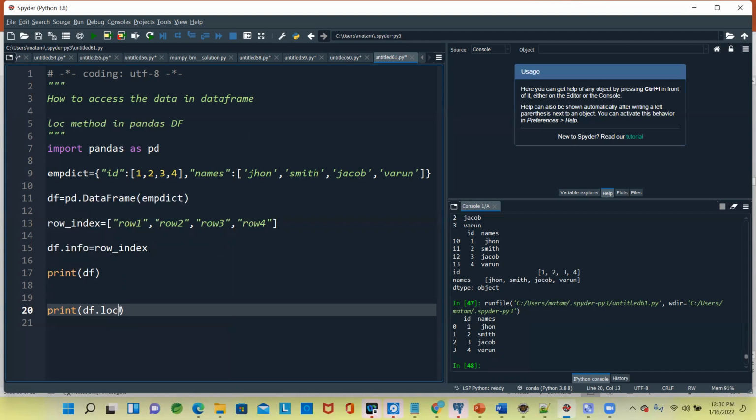So now we will say loc of row 1. Okay, maybe I have added double digits. That may be the point.